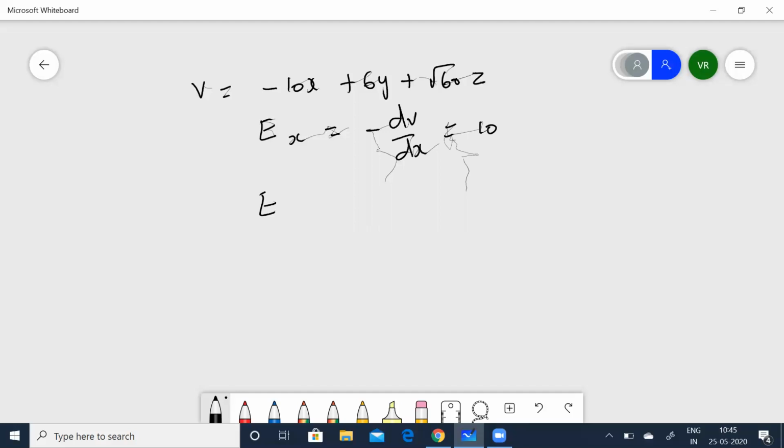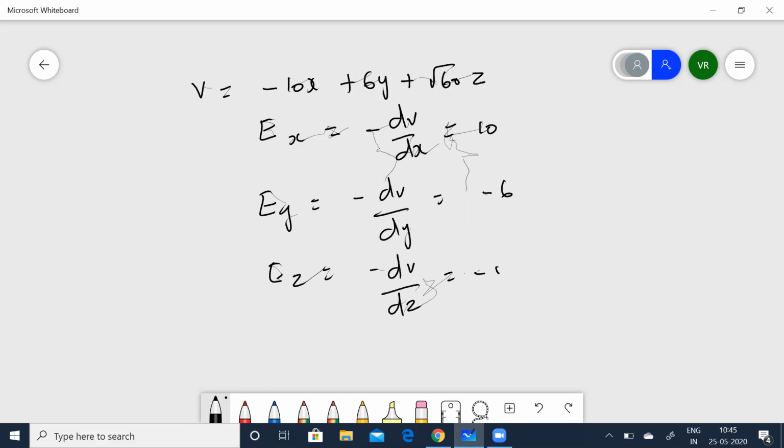And then Ey. Now, y is the variable and x and z are going to be constant. So that is nothing but minus dV by dy, which is equal to minus 6. And Ez is again minus dV by dz, which is equal to minus root of 60. So the magnitude of E is now going to be,